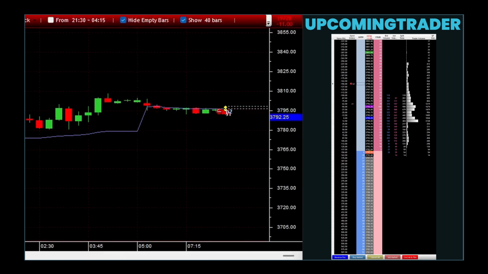Its unique structure, consisting of a small body located at the lower end with a long upper shadow and almost no lower shadow, suggests a scenario where buying pressure is attempting to overcome selling pressure, indicating a potential bullish reversal. However, the confirmation of the inverted hammer as a sign of reversal or continuation depends significantly on the market context